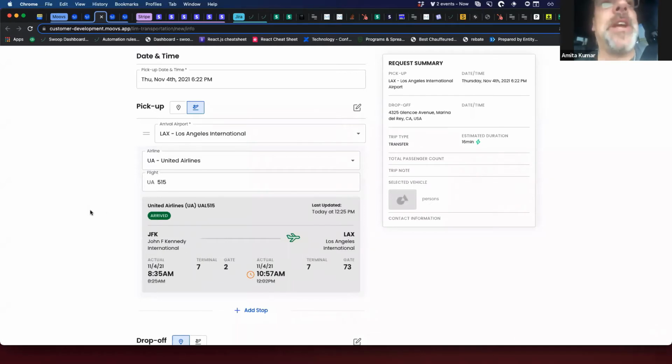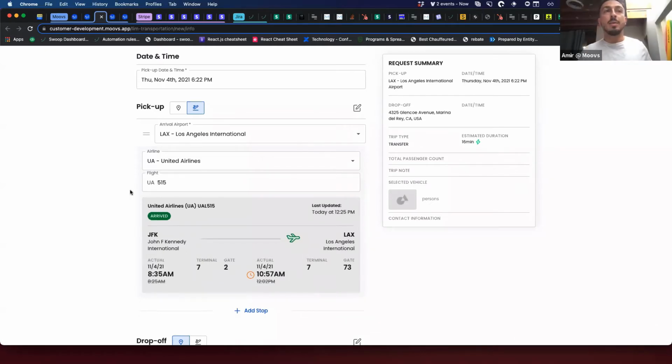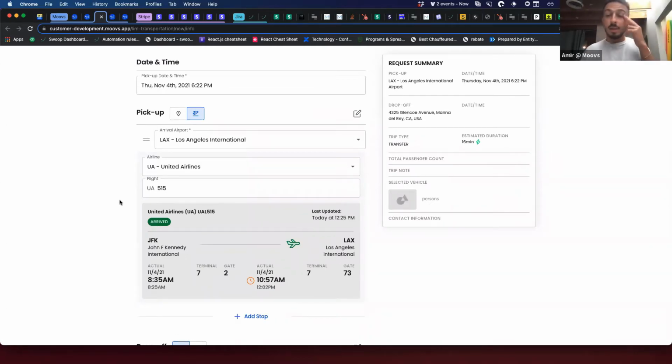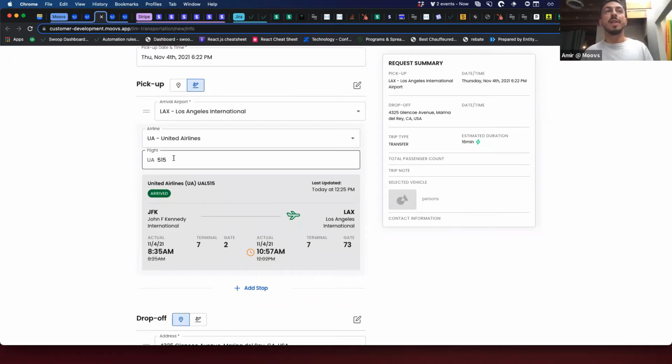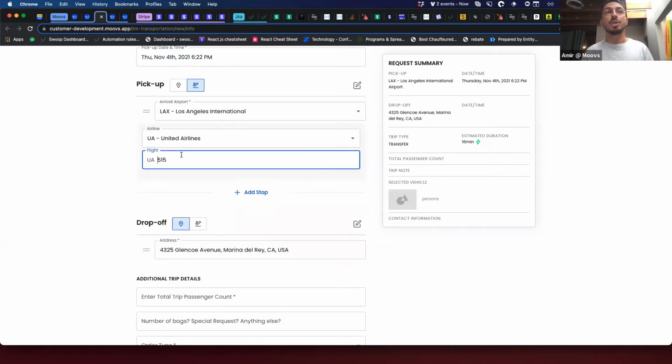Yep. So as you can see here, what we fixed, Vahid, I know you've been requesting this, and a lot of operators too: let's say a customer gets to the airport field, puts 515, and then keeps going. The system wasn't saving that. So now we've built this new update where anytime customers enter flight info and leave the field, we automatically do the search for them and pop up the flight that's coming.